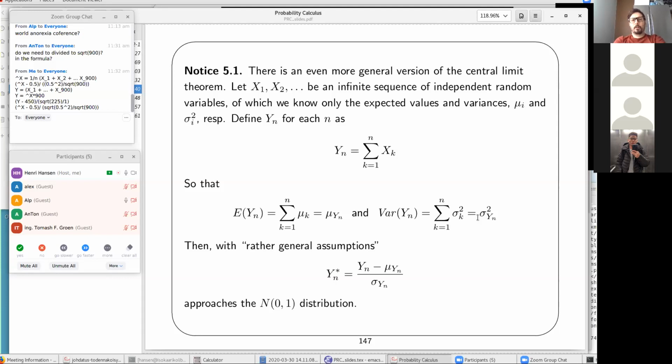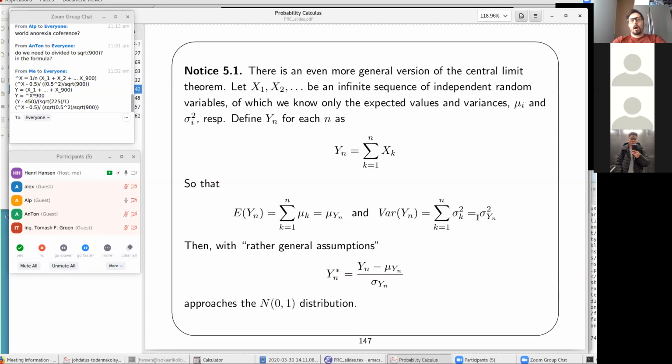as the sum of all these independent random variables, not all of them, but the first n of them. And the expected value is, of course, the sum of the expected values of those first n variables. The variance is the sum of these variances. So with rather general assumptions, meaning no pathological dependencies and no diminishing in a certain way to 0 and so forth,